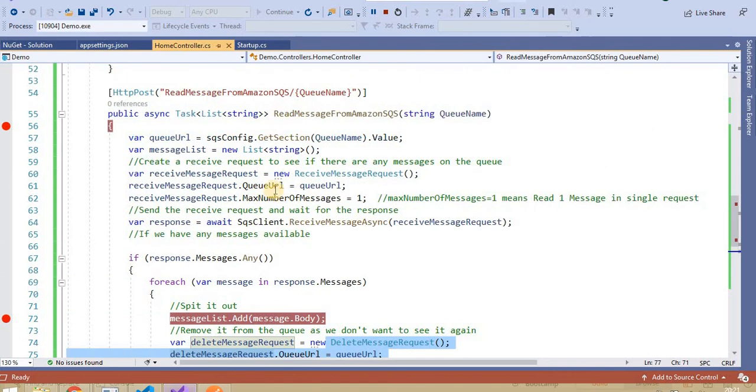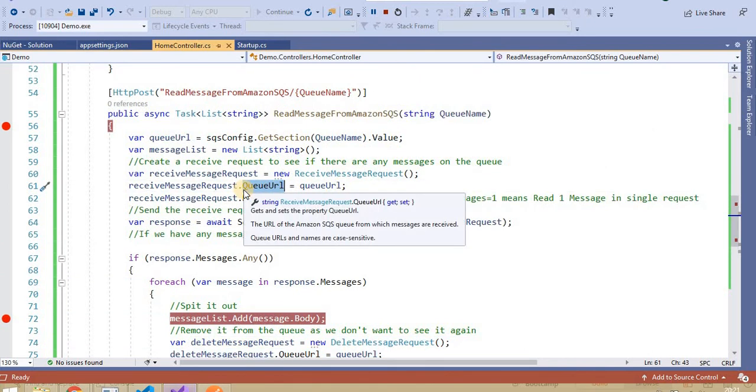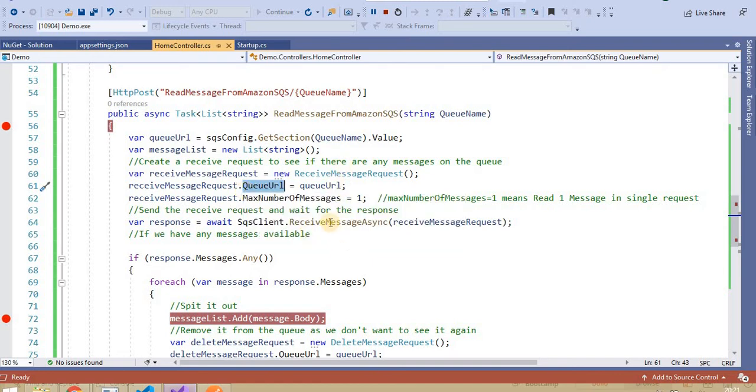There is one more property we can define, that is the visibility timeout. Once a receive message is picked up by one service, like when I hit this one, it will pick that message, and for whatever visibility timeout I passed while creating the queue, that message will not be visible for that time.